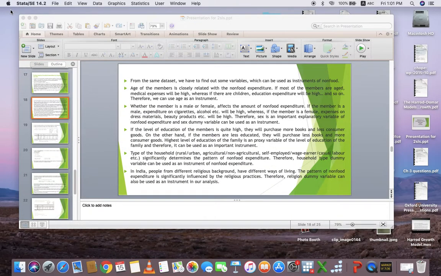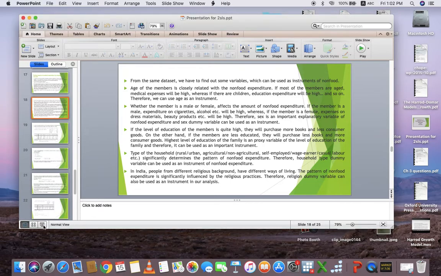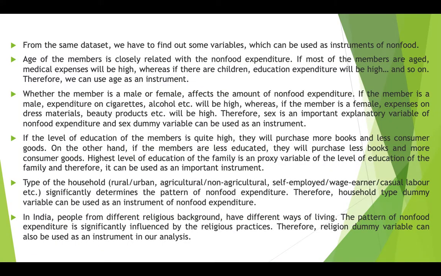there are two codes in the sex variable, then we do not have to construct the dummy variables separately. If we use the i. command, then we can use the dummy variables in the regression directly. So, we have to use i.sex to use the sex dummy in our model. In a similar process, we can do the same thing for all the dummy variables, all the categorical variables here.